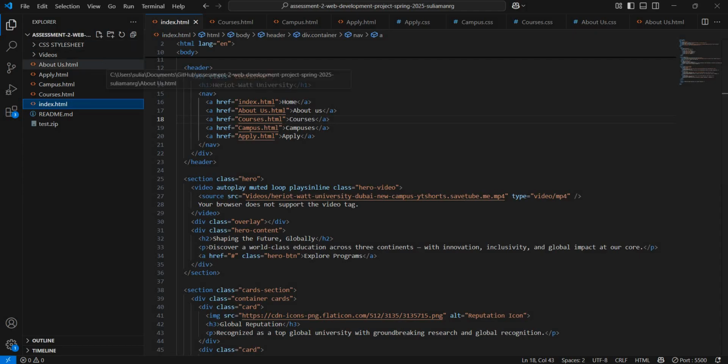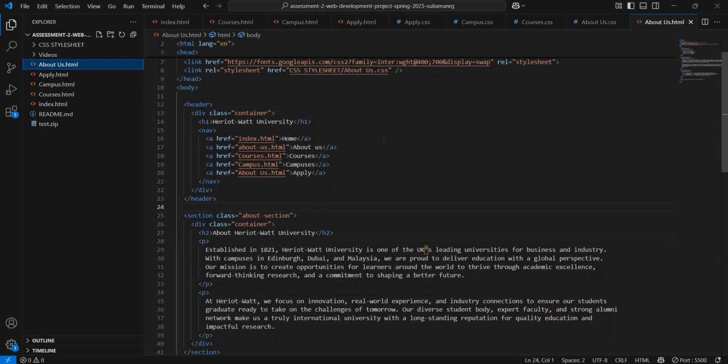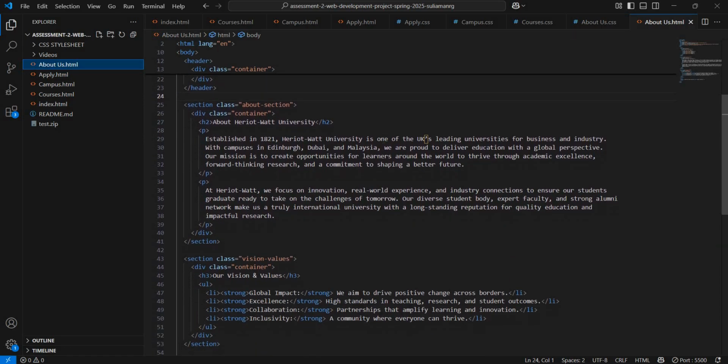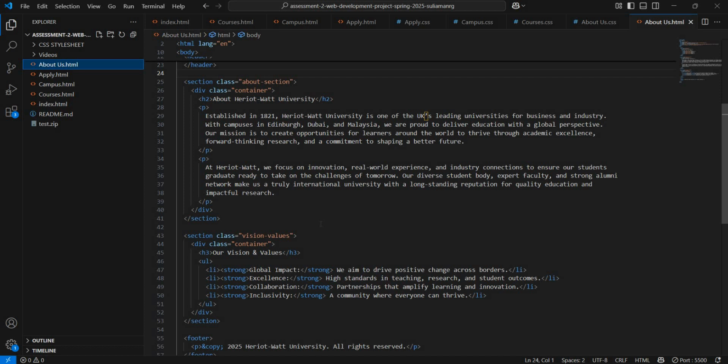Then in the About Us HTML file, it has the same structure, doctype at the top, head section, with a separate CSS file called aboutus.css, which is here. The body contains the heading and paragraph that describe the university, again with layout and color handled in the CSS. For example, I may have set a specific color for the background of this page. It differs from the other home page and makes it feel different from the others.